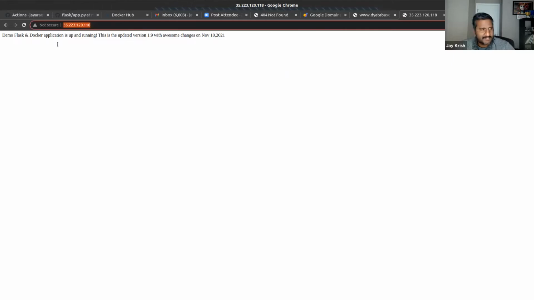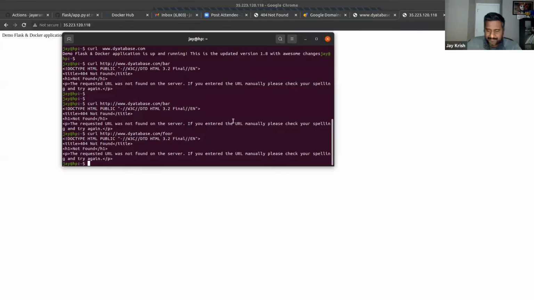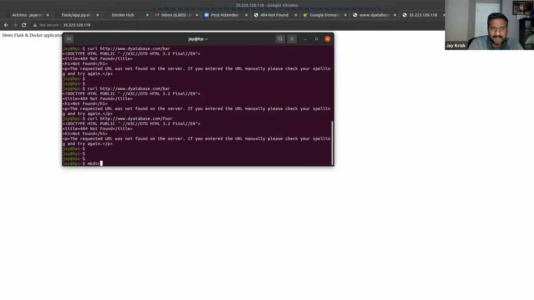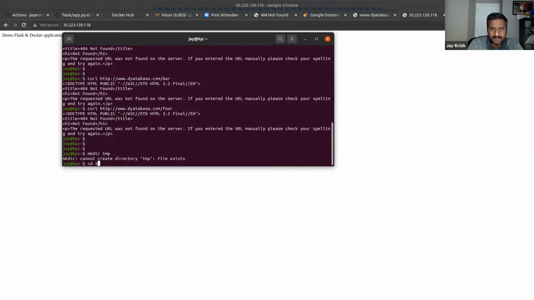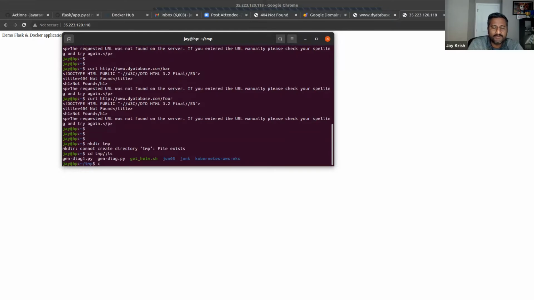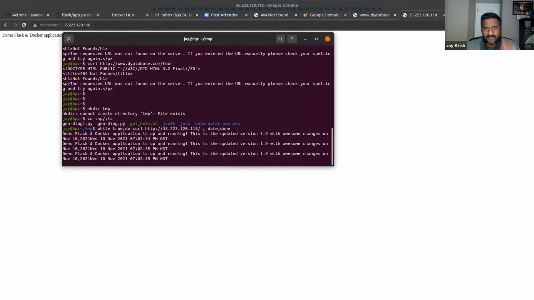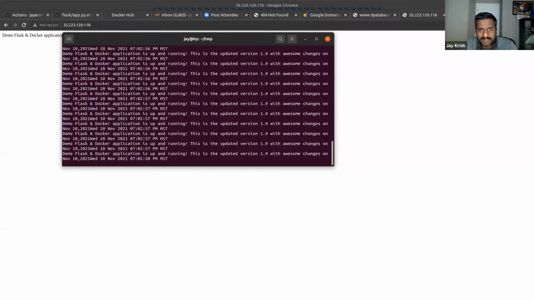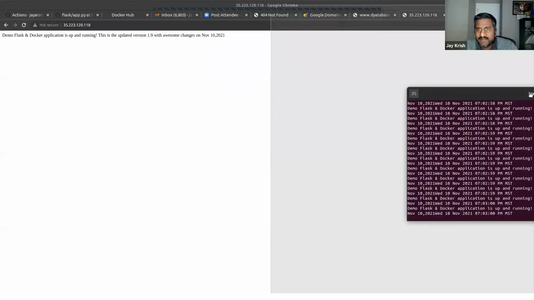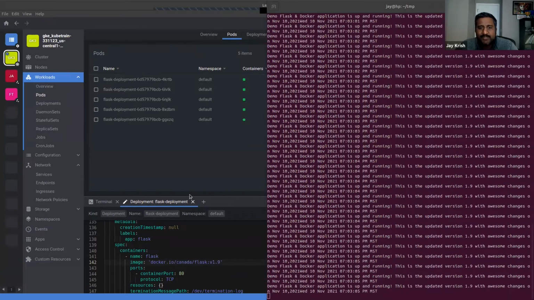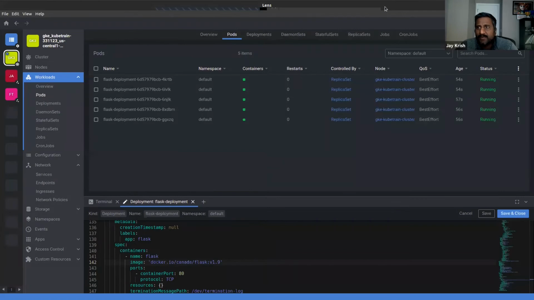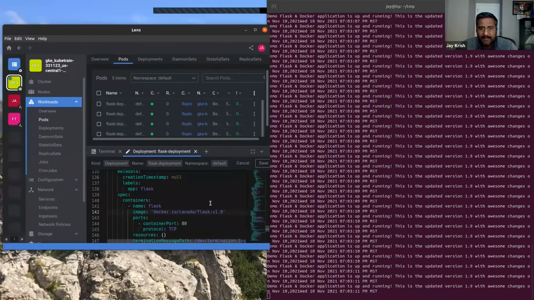Okay, now let us have one more fun thing here. What I want to do is, in tmp, I just want to curl with a while true loop, curl this and just put a date, and done. So this is continuously curling at whatever speed it can. Now one thing I want to show is, when we do any of this deployment, there's no disruption, is what I would like to show you all here quickly.